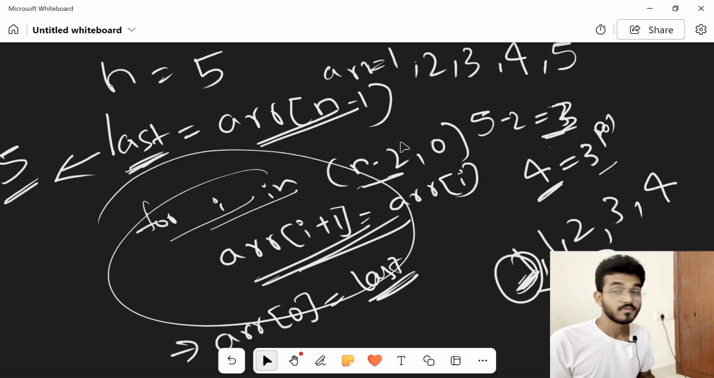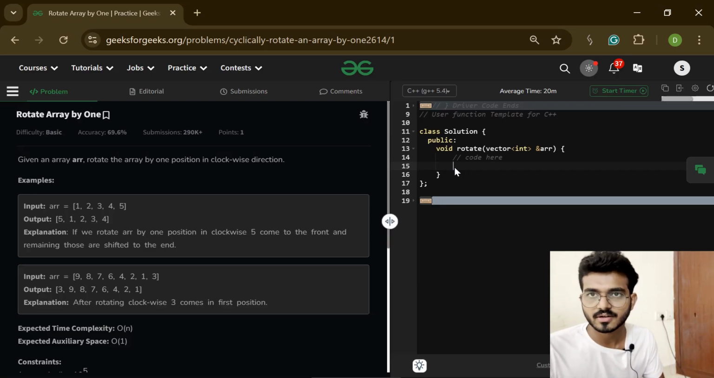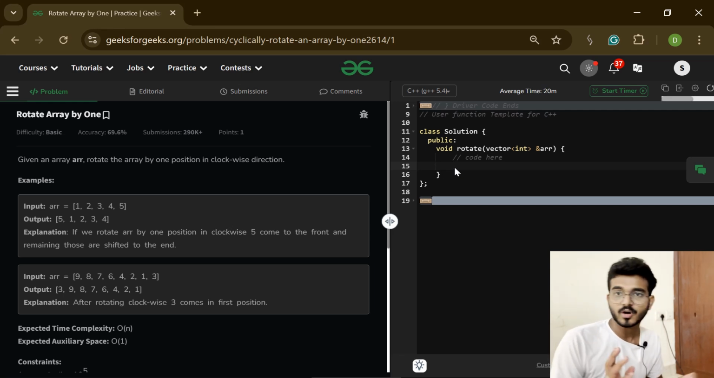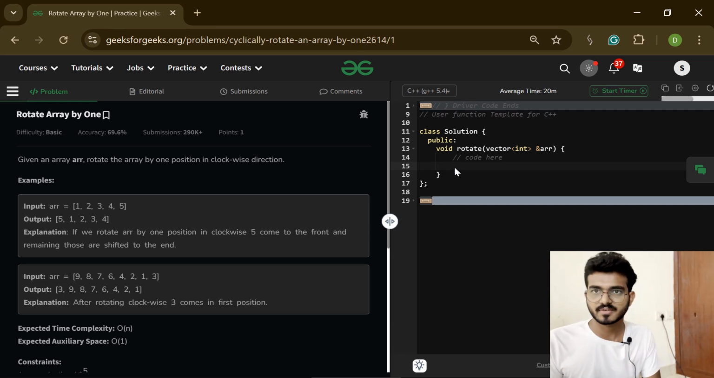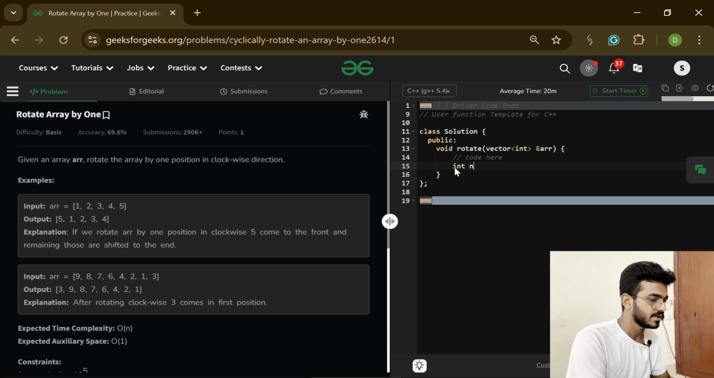Done. We'll write the code, right? We can write the code. We're going to start writing the code for this, and this is an easy problem that is available on the Geeks for Geeks platform. The question is rotate array by 1. So what is the first thing we have to do? We have to know the size of the array. So int n equal to array dot size,